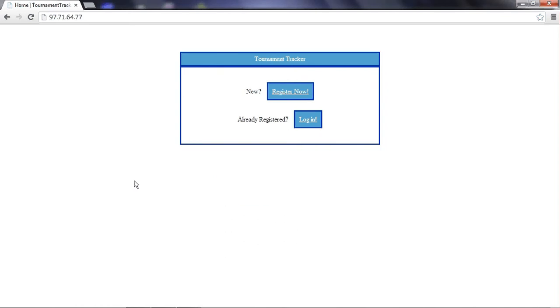Hey guys, this is the application, I'm calling it Tournament Tracker, for the software security class here at DSU, and this is for Team 3. So, to get to the server, you're going to go to 97.71.64.77. That is my server at a static IP address, and when you go there, you should get a page